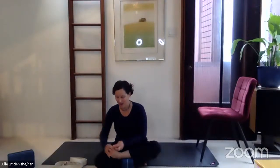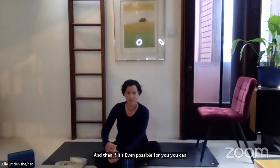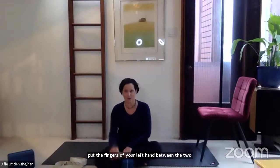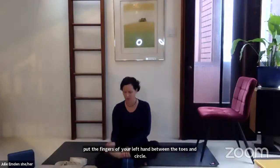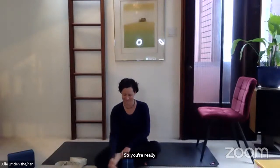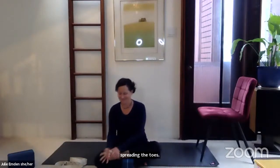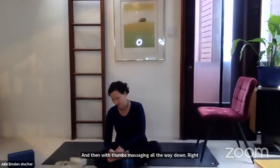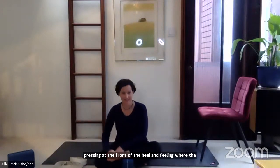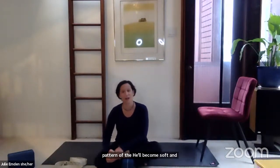And then if it's even possible for you, you can try to put the fingers of your left hand between the toes and circle the ankle joint one way or another. So you're really spreading the toes. And then with the thumbs, massaging all the way down, really pressing at the front of the heel and feeling where the pad of the heel becomes soft and where there's really space to press in at the front of